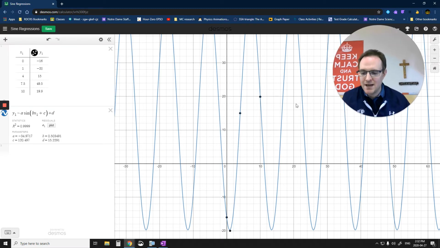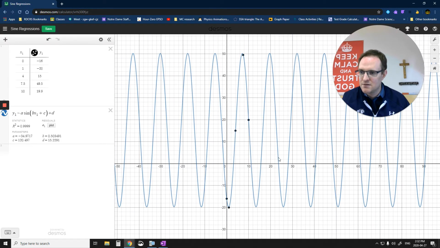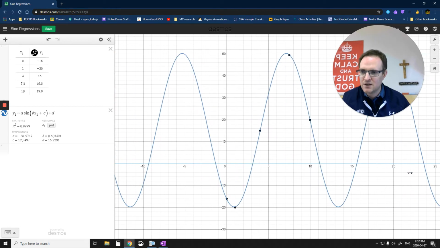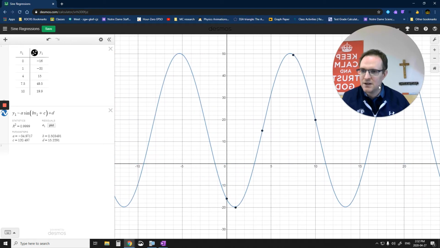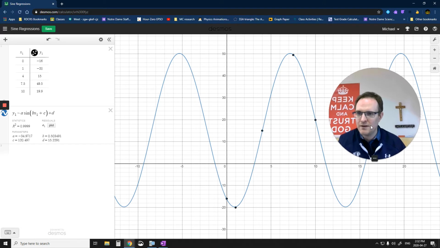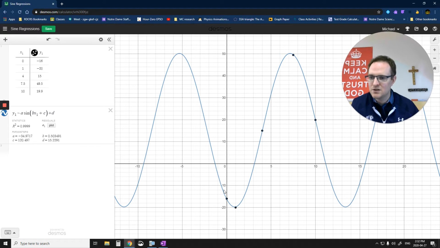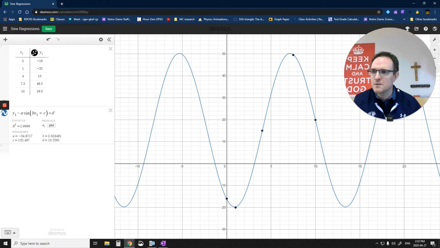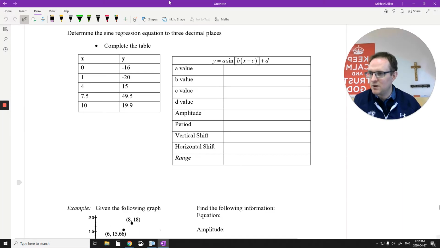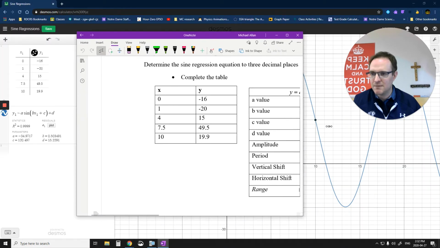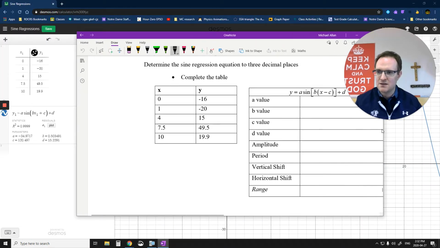Okay. So once I have this all set up, I'm just going to stretch it, make it look pretty good. I want to at least get one full wavelength in there from crest to crest or trough to trough here. Looking really good too. Okay. So then we pull out our chart here and we copy down some of the pieces of information we need. So we wanted the A value. My A value over here, you can see is negative 35, to 3 decimal places. So negative